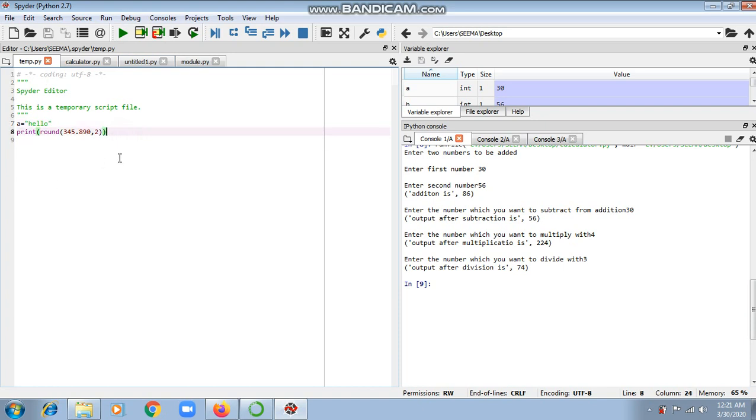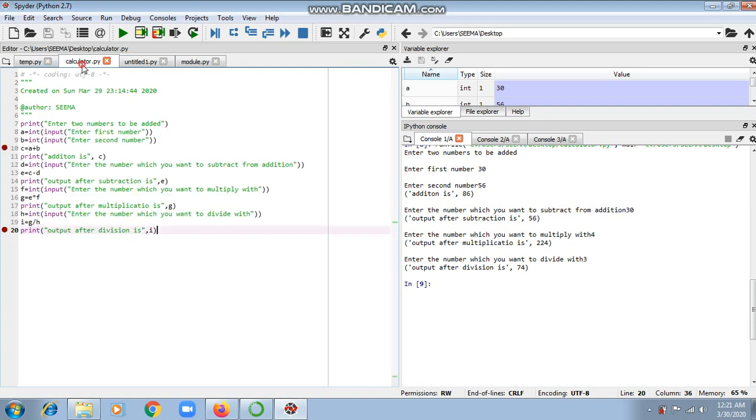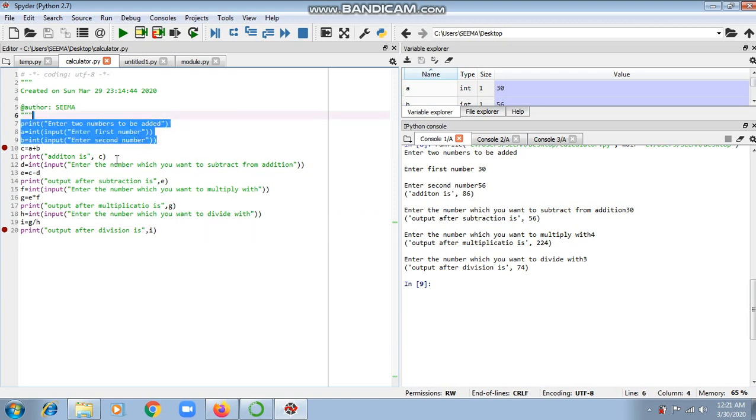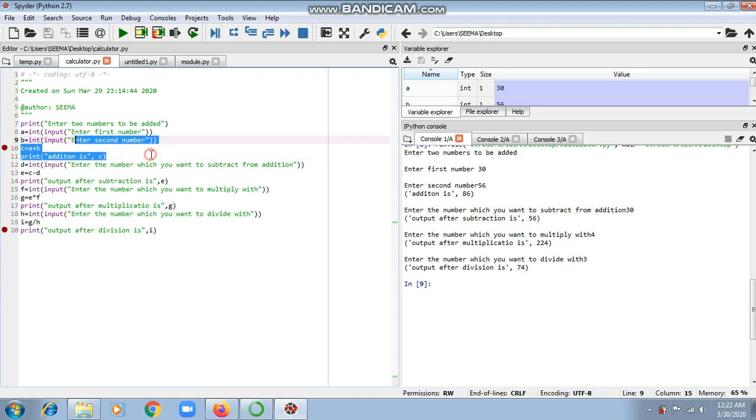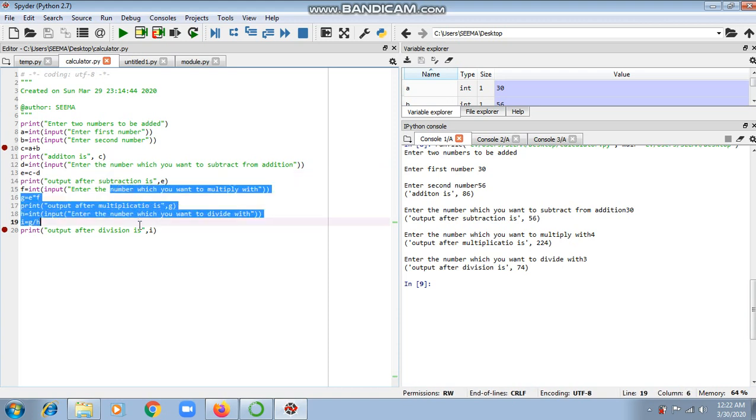Today we are starting with lesson 2, functions in Python. Students, do you know what a function is? A function is a group of interrelated statements which are grouped to perform specific tasks. Like you can take the example of the calculator which we designed in standard 11. In the calculator we took two numbers and then added those. After adding those numbers, we took one input from the user and subtracted it from the addition. Then afterward multiplication and division.